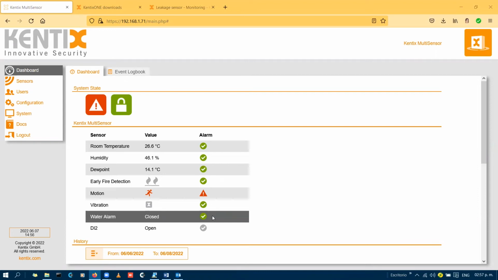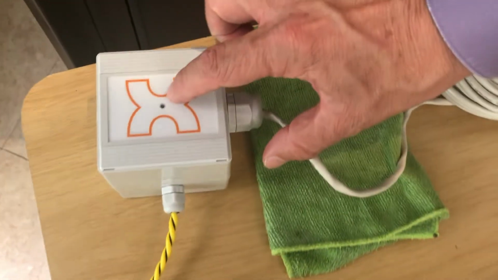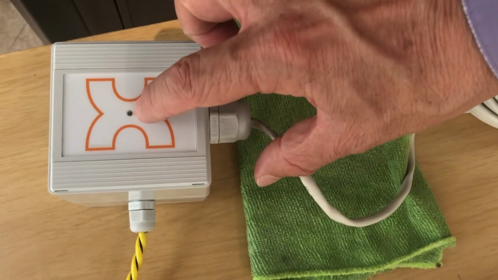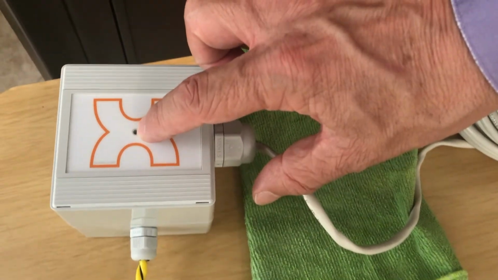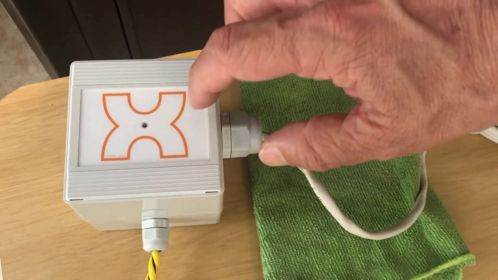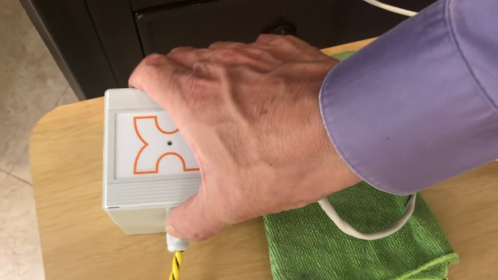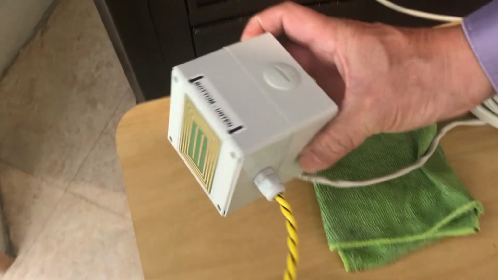Here we have the sensor. If you go here on the top, you will see a green light, and when there's humidity, water, it will go red. So it is here, and then you can see here on the back